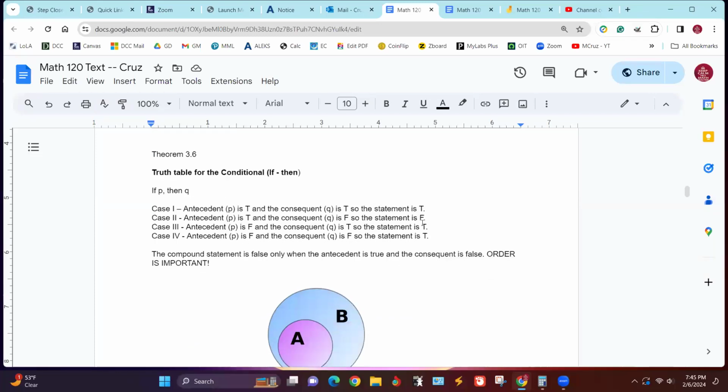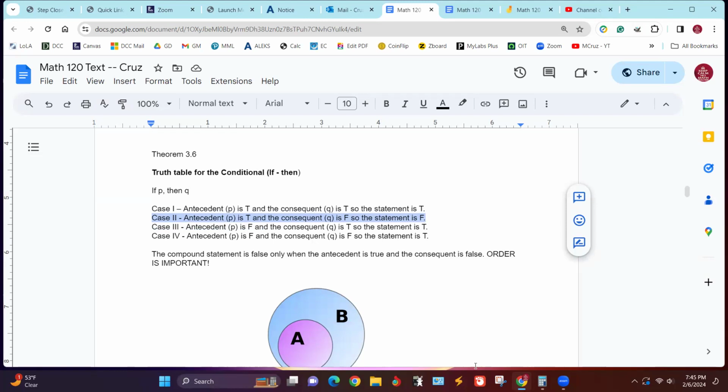Now, this is always true 3 out of 4 times, but here's the one that usually throws people for a loop, because it goes like this. If the first term is true and the second has a value of false, then the compound statement is false.